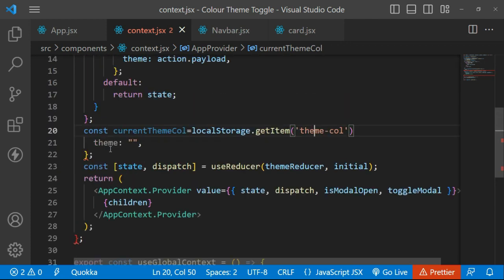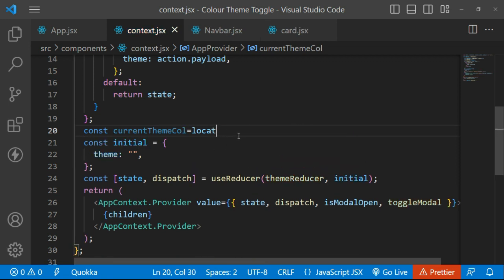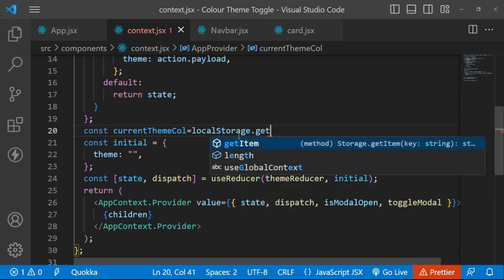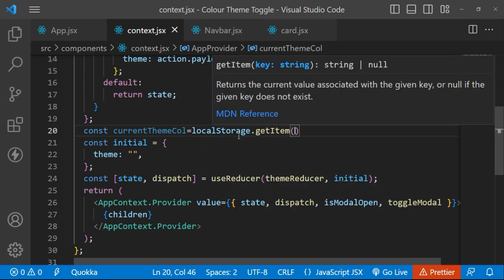So it's going to be local storage dot get item, and then I'm going to save it as the theme color. Okay, so now